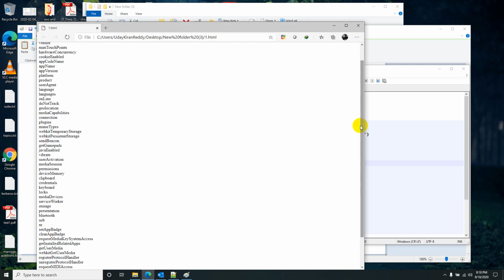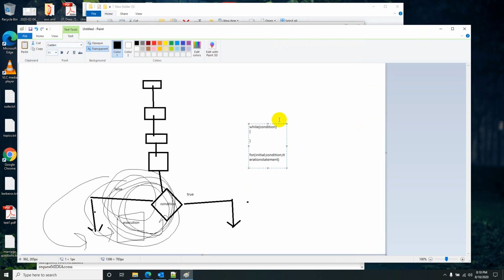You can also use labels and break statements, but labels are not preferred. It will create infinite loops unnecessarily. But for completeness, I will tell you that also. Let's say I have multiple for loops.